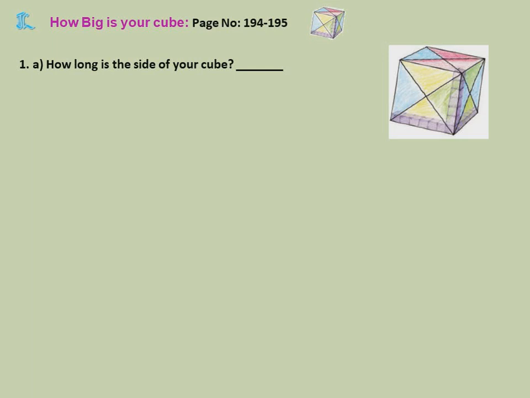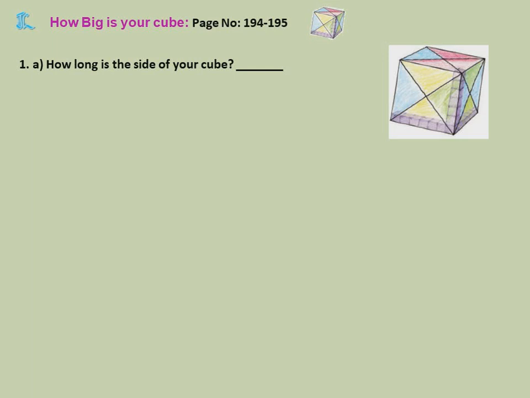Page number 194 to 195. Before doing this, how to make this cube is given in your textbook. You have to take a square sheet of side 19.5 centimeters. So both length and width will be 19.5 because it is a square. Then they have given instructions on how to fold from left, right and everything to make this cube. First make this cube as per the same measurement given, that is 19.5. Then only these answers will be correct. First make this cube and keep it ready, then you can start.